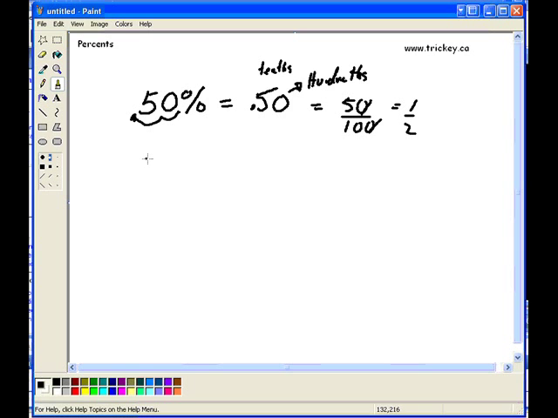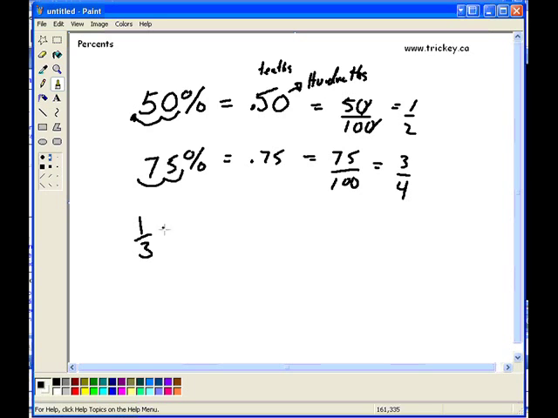Let's do that again. 75%, move the decimal place over twice, gives us 0.75, or 75 out of 100. And if I take 25 out of the top and 25 out of the bottom, I end up with 3/4. Okay? Going the other way, if I had